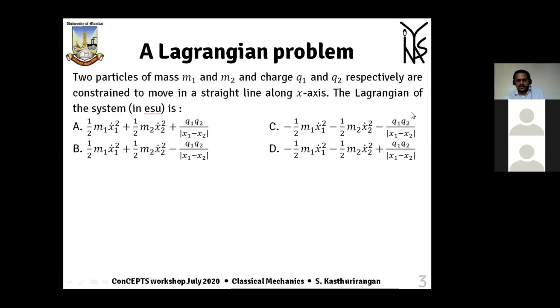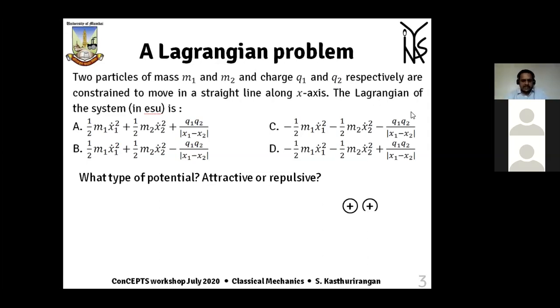Any question which involves the Lagrangian, the first question you ask is, what is the type of potential? And is it an attractive potential or a repulsive potential? The reason is, if you need to use the T minus V prescription for arriving at the Lagrangian, then you need to know the potential, and you need to know whether it inherently carries a minus sign or not, so that you can substitute correctly and arrive at the answer.